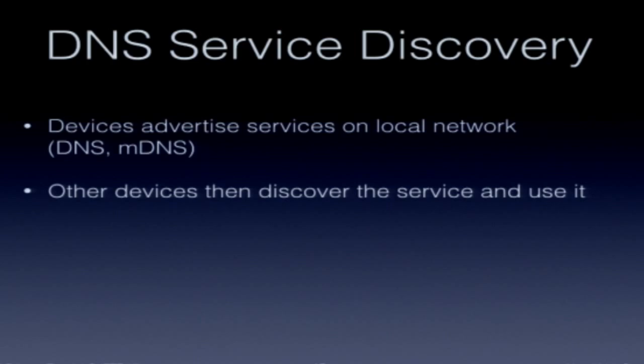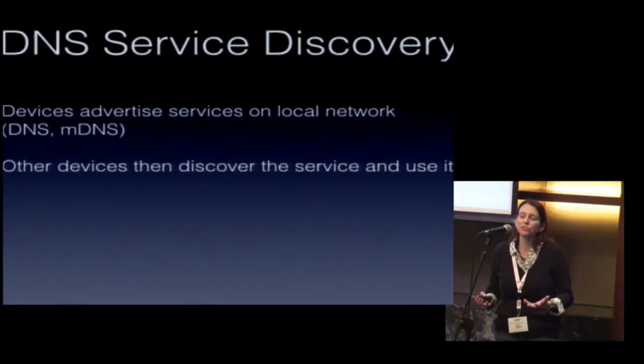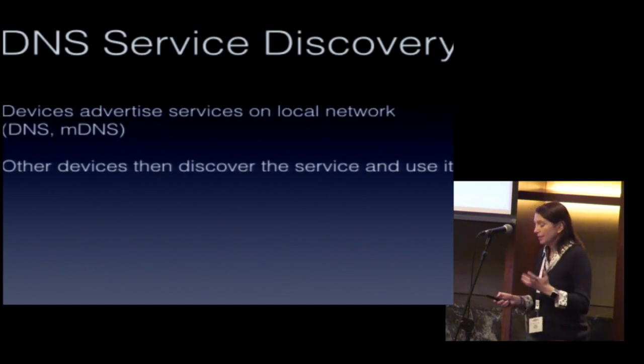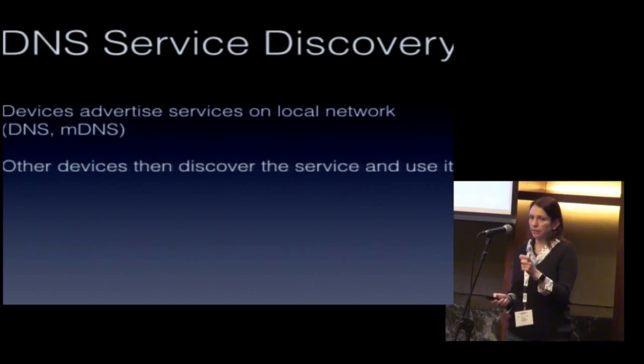I want to spend just a little bit of time talking about something called DNS Service Discovery. This happens within local networks, and the mechanisms used can be regular DNS constrained to that local network, or it can be multicast DNS. Essentially it is the procedure whereby a device can advertise some services that it is willing to make public, and other devices can discover those services and use them. This is really cool because it means you can do things like file sharing and photo sharing directly over the network. And that's nice, and most of the services that utilize this are secure.